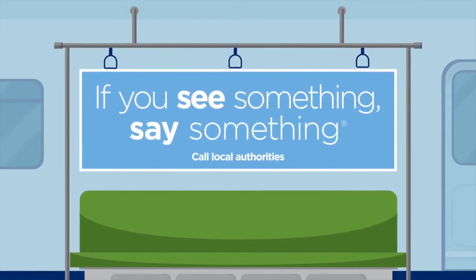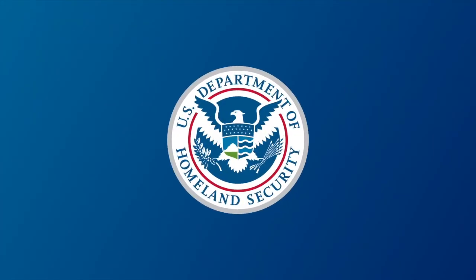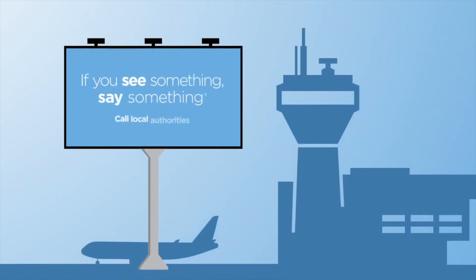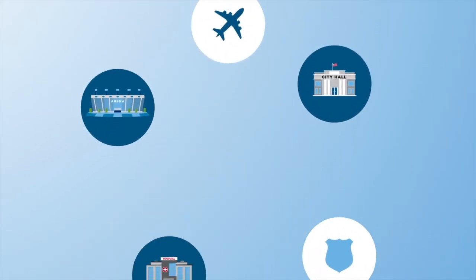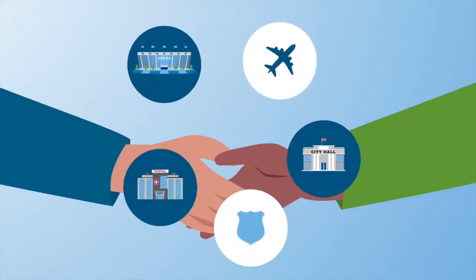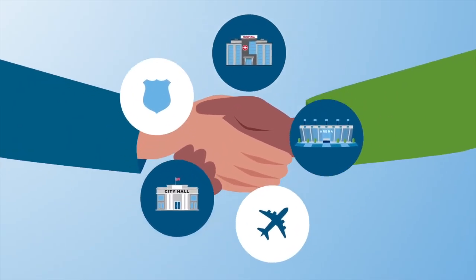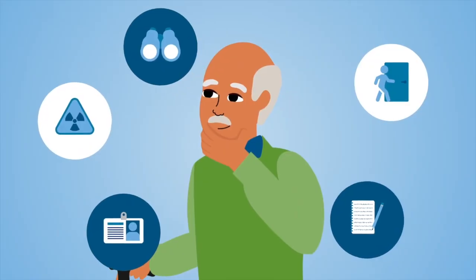After the horrific attacks on September 11, 2001, the U.S. Department of Homeland Security was created, and soon after committed to this year-round campaign, which stresses the importance of recognizing and reporting terrorism-related suspicious activity to local authorities. The campaign partners with all types of organizations to raise public awareness about this message. Join the effort and learn how to recognize signs of a potential threat.